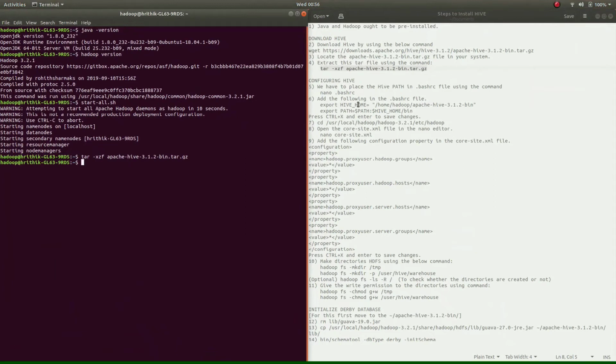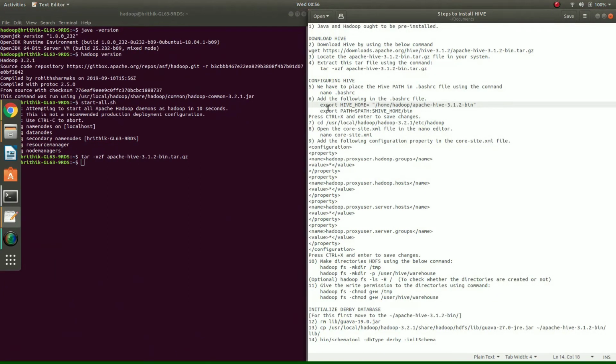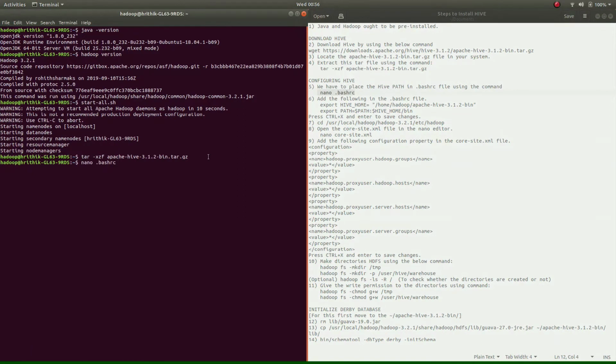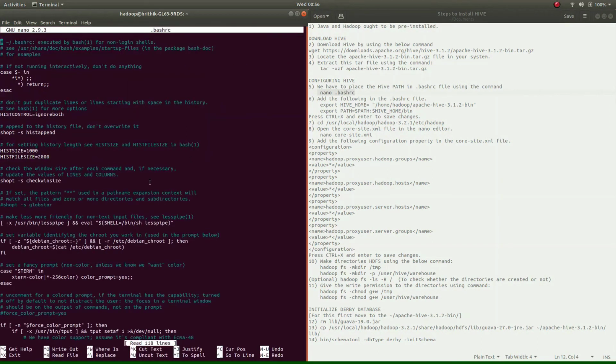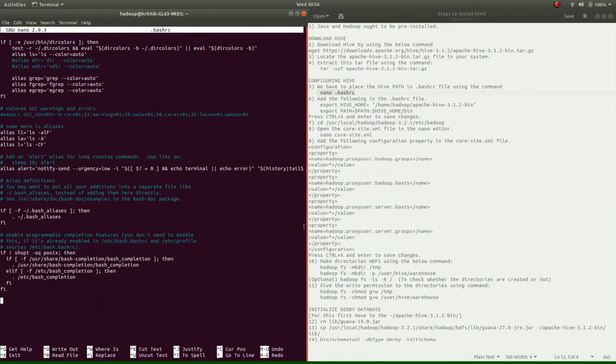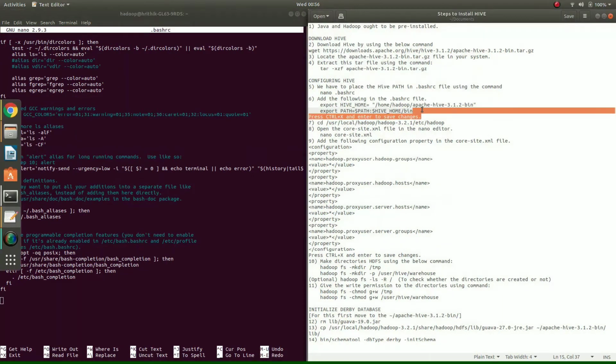Next we need to configure Hive through the bashrc file present in our system. Here in the nano editor, we just need to add these two lines at the end of the file.